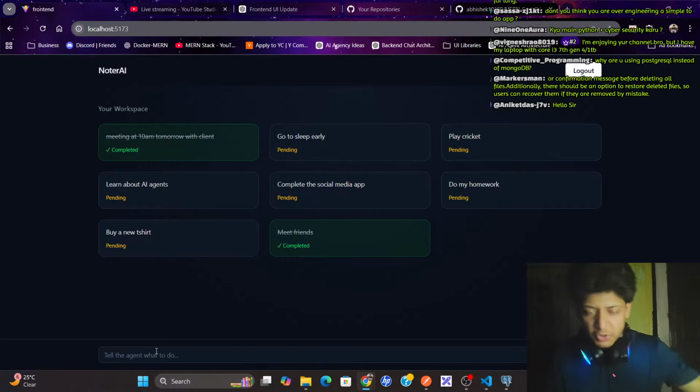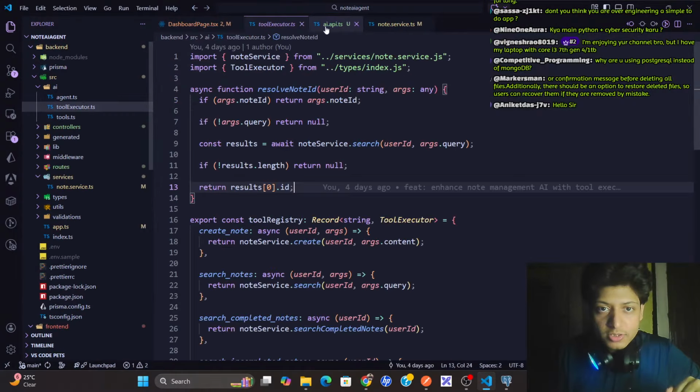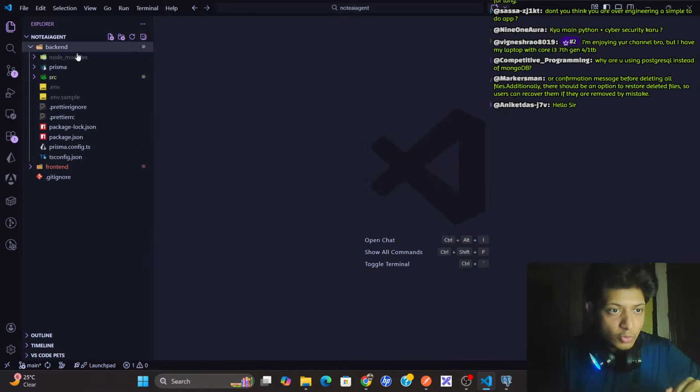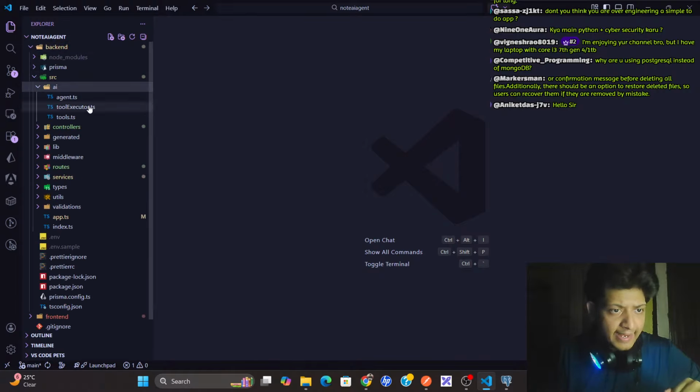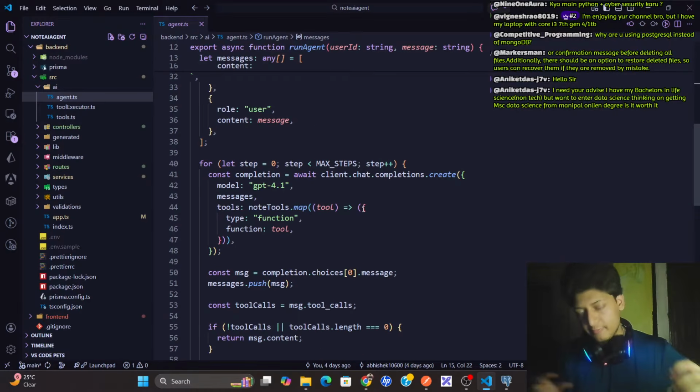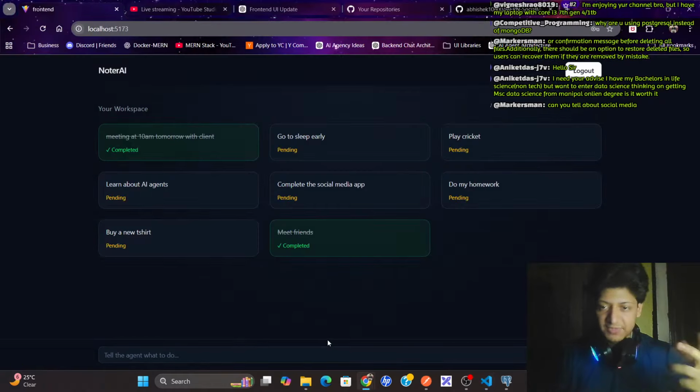Yeah, see, now it marked as so basically why sometimes it is failing is here in my backend. If you go to backend src AI, and if I go to my agent, before we are executing the agent, I usually use something called lexical semantic. Basically we try to find the core word, and then we perform the action, but I'm not doing that here. That's why sometimes it is failing.